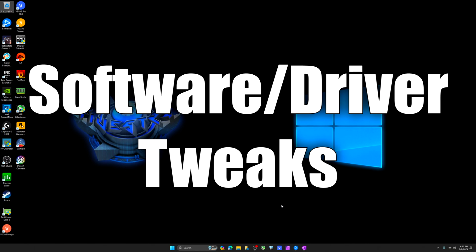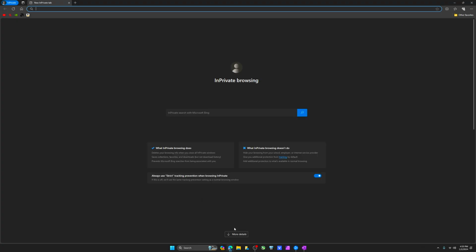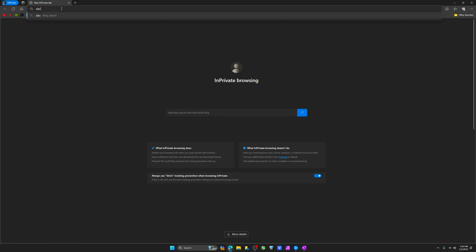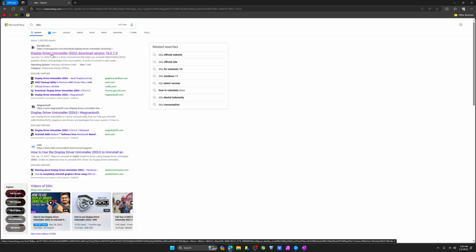Maybe you came from one graphics card to another graphics card, and all you did was essentially put the card in, download the drivers, and start playing. There could be remnants from your previous drivers that are conflicting with the new ones. So to clean your GPU drivers, and it's best to do it in safe mode, you can just go and download something like DDU. So display driver uninstaller, DDU, type it in. You should go to the Guru 3D display driver uninstaller, and then download this from your local